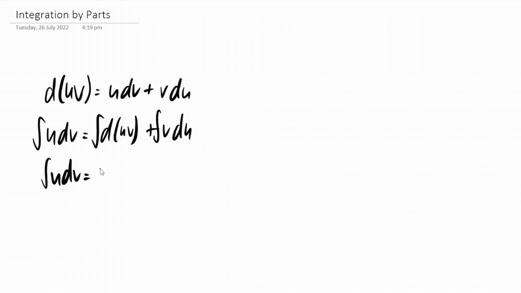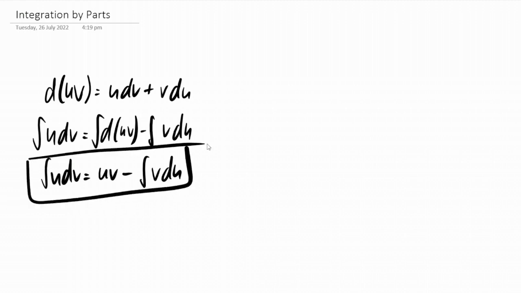So we will have uv plus the integral of v du. Sorry, since we transposed it, it has to be negative, so it's minus the integral of v du. There, that is our formula for integration by parts. And next, to better understand it, we will use